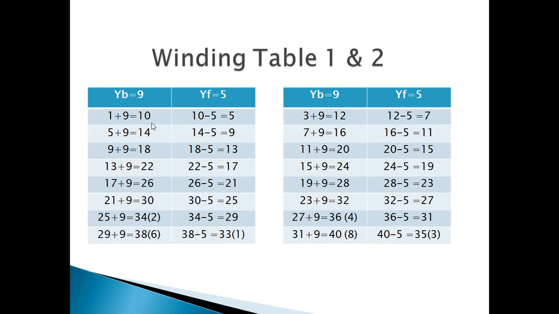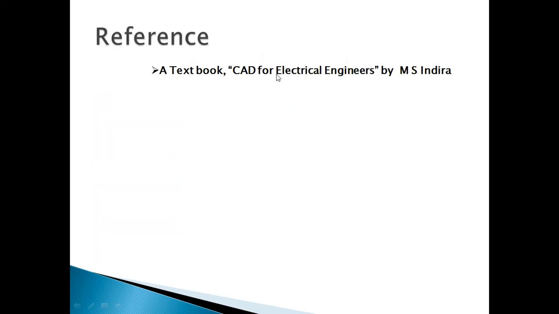So if it is a duplex winding, it should have two winding tables. One winding table should start from the first conductor and the other winding table should start from the third conductor. Now you can check, you have all the 32 conductors here. You can have all the 32 conductor connections. Clear? So I have taken this problem from this textbook.